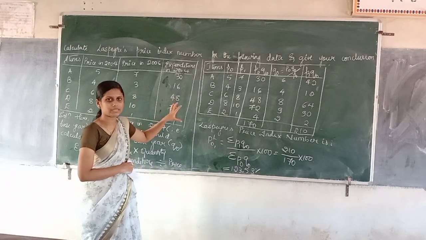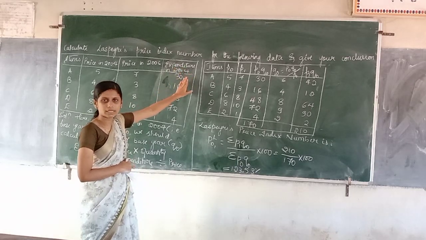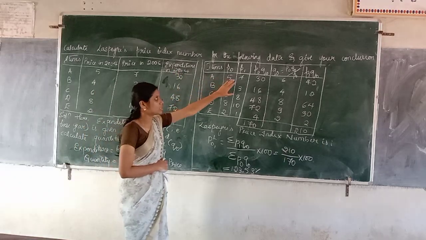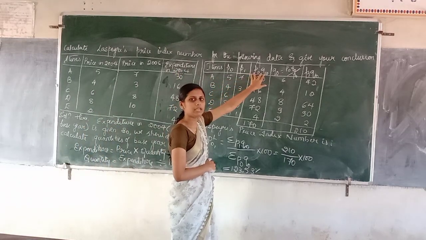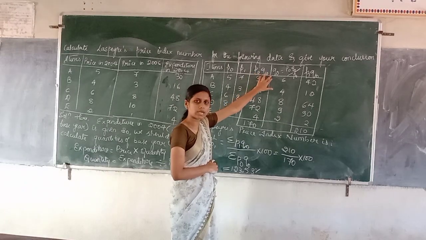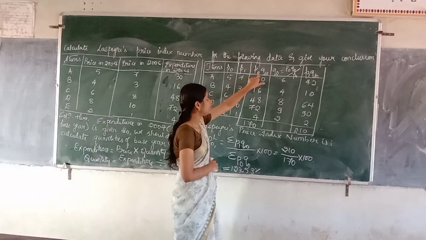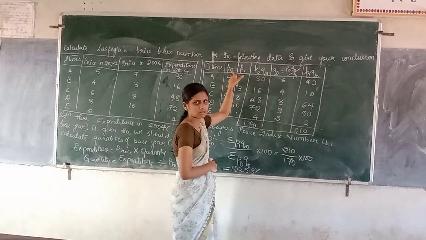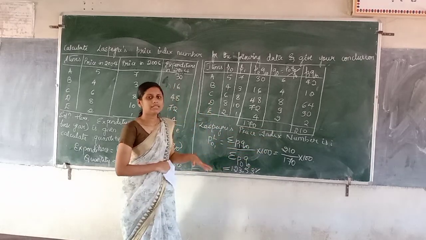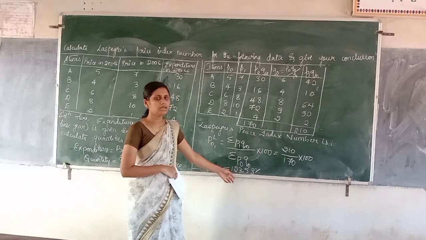The only difference is here expenditure is given. Quantities of base year is not given. Instead of that, expenditure is given. So first of all, expenditure of base year is nothing but P0 Q0. From this we have to calculate Q0. So how to calculate Q0? Q0 can be calculated by dividing P0 Q0 with P0. So that we have calculated. Then according to the formula we have made the further calculation and we have got the answer as 123.53.